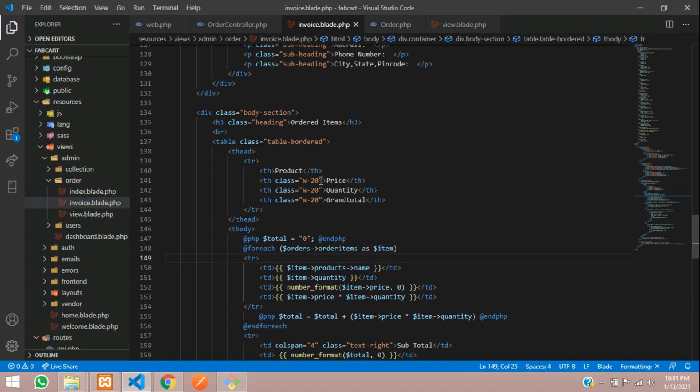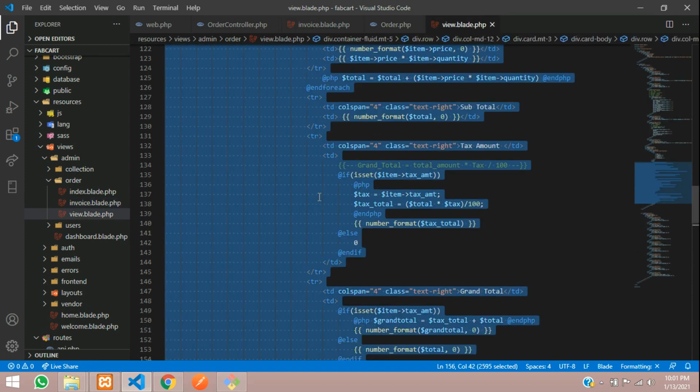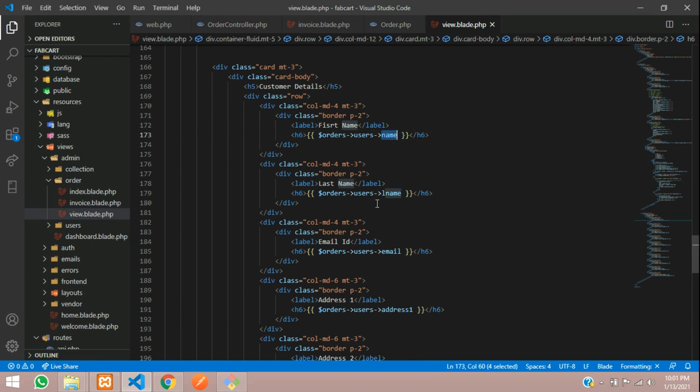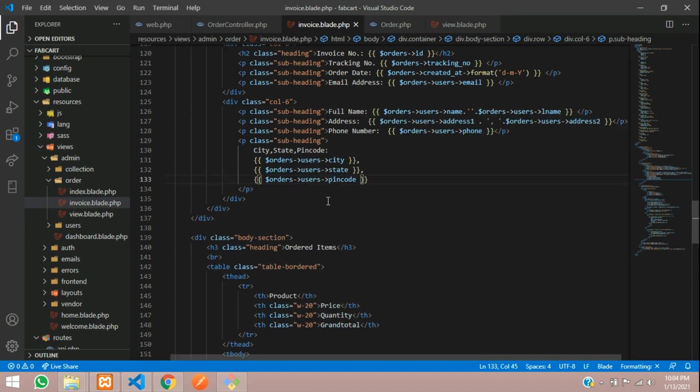Okay, and now one more thing which we have to check is the full name. So let me just call the things by using the belongs to relationship where order customer ID belongs to name. Okay, so we'll call it. Over here you can see name, lname, email. So let me just paste that name. So guys, I have changed that. See, I have just now updated it and showed you in the video.